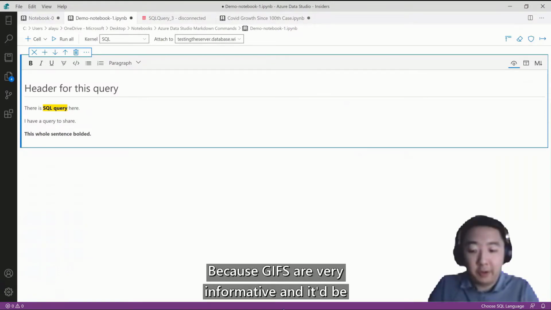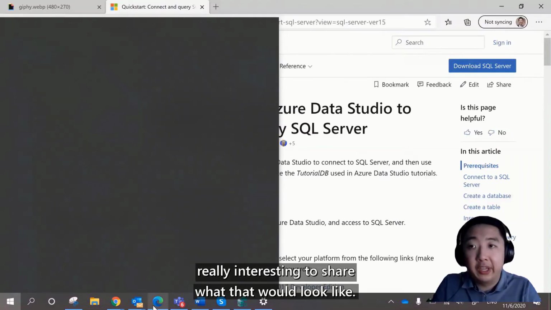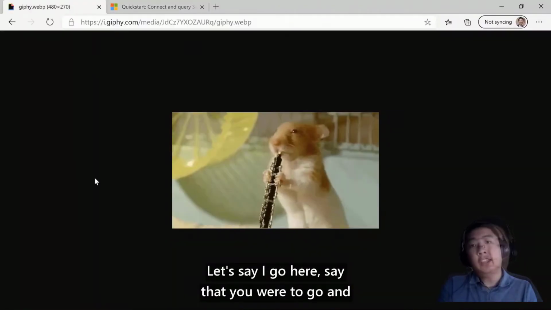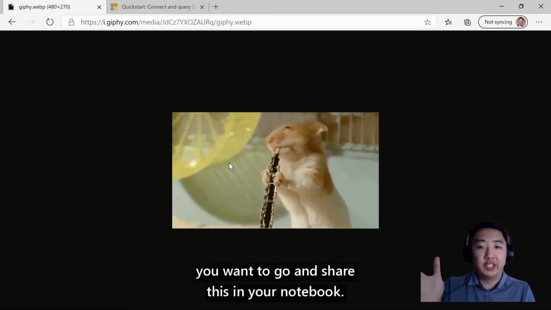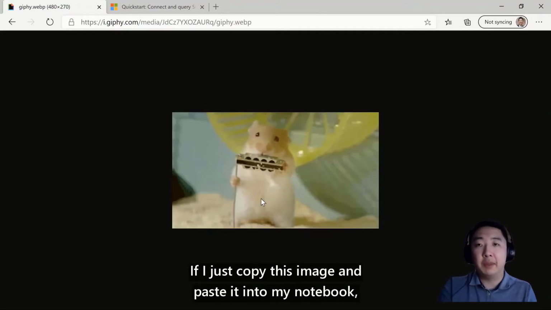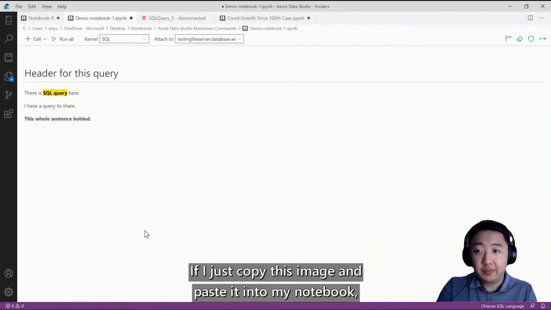Because GIFs are very informative, it'd be really interesting to share what that would look like. So let's say that you were to copy a GIF from the internet, and you want to share this in your notebook. So if I just copy this image and paste it into my notebook,